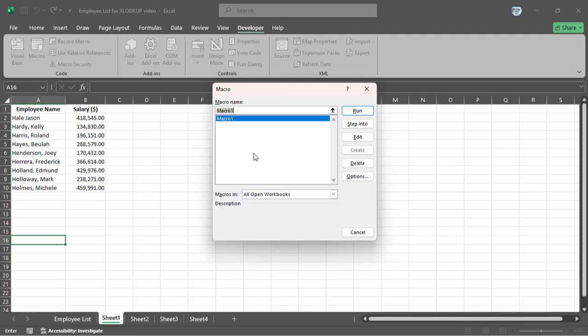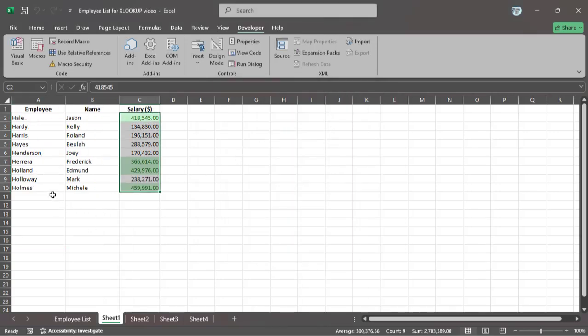I see that it's already selected. Alright, if it's not selected, you click on Select, or sometimes if it's not in this place here, you can come and select All Open Workbooks and you will see that it will show, right? Let me select it again and you can click on Run and automatically you can see that it has